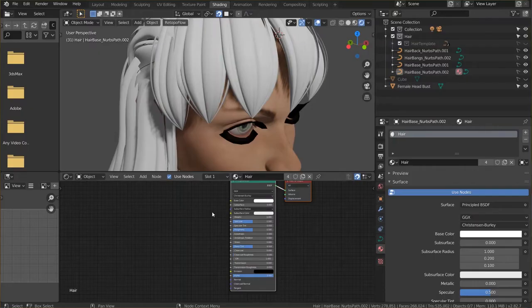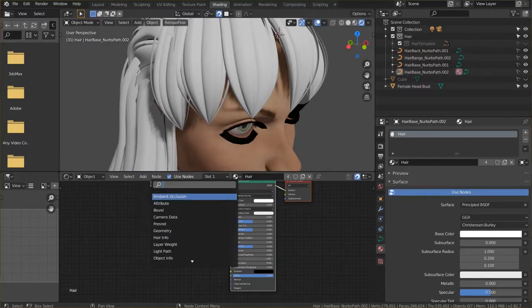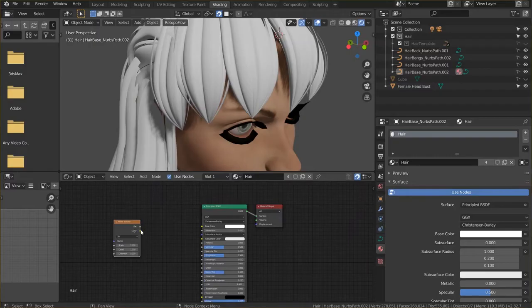Now we're going to be working with a lot of different nodes here. So in order to search for a specific node, what you can do is go over to this add button and click the search button, and then you can look up any node that you want. Now the first node that we're going to need is a noise texture. And when you set this noise texture to the output, either the base color,